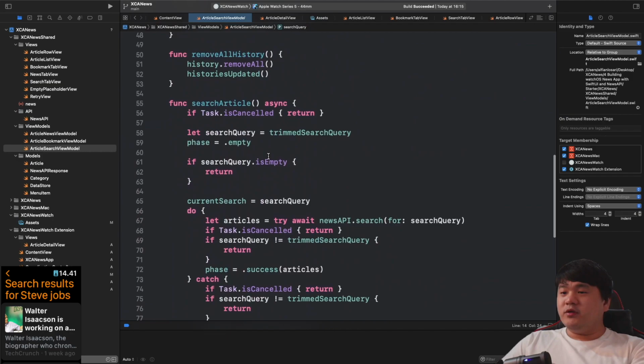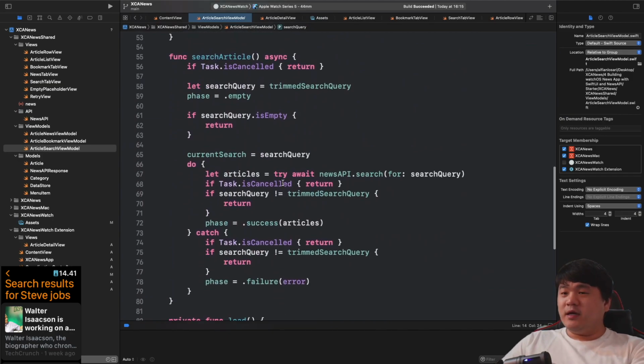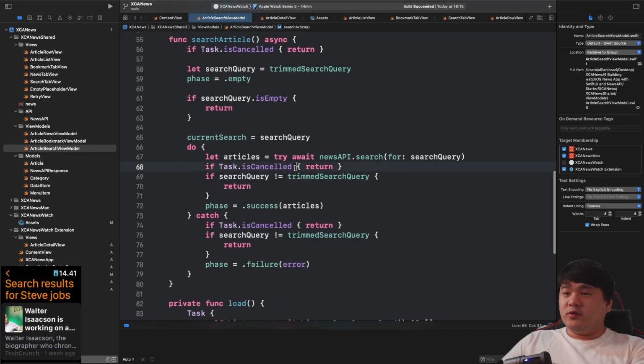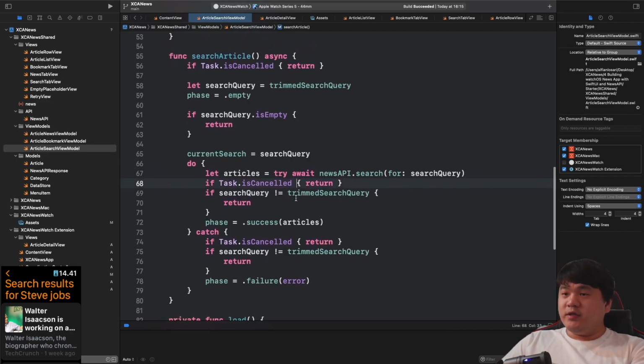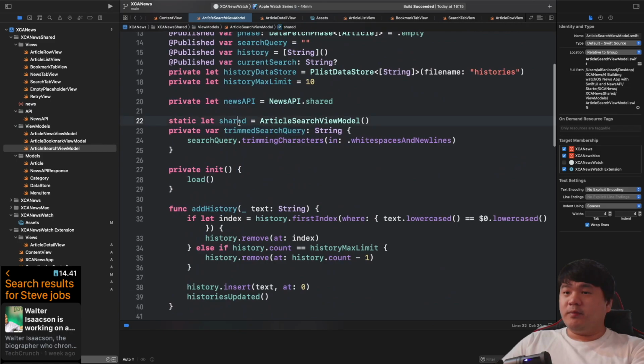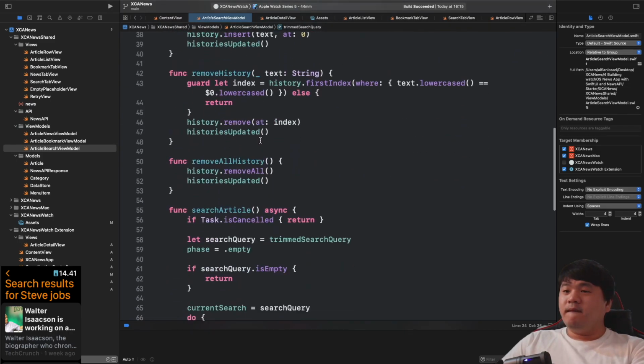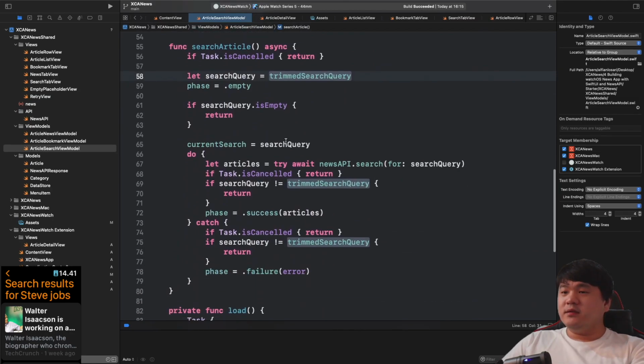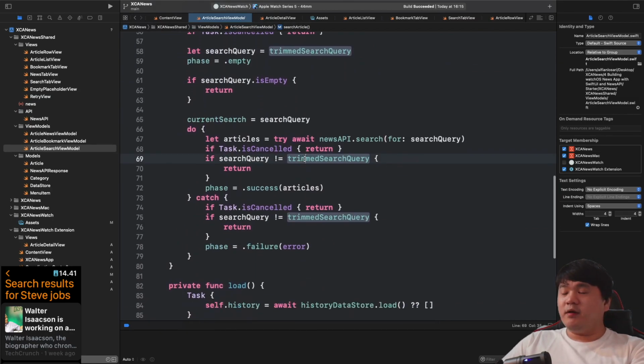Before, I was not using that, so there might be a case where this is not correct. To fix that, you just need to declare this completed property, get the search query and trim that, and then use that in here and inside the comparison for both success and failure case. Okay,